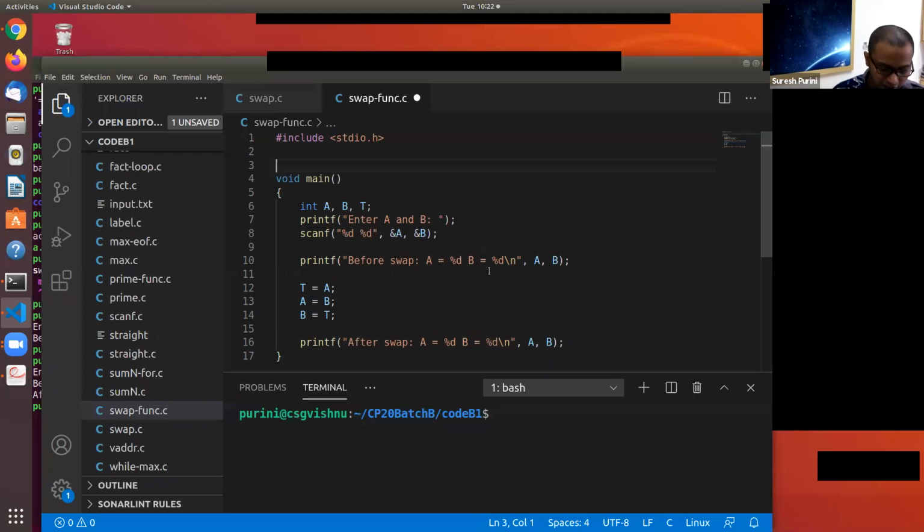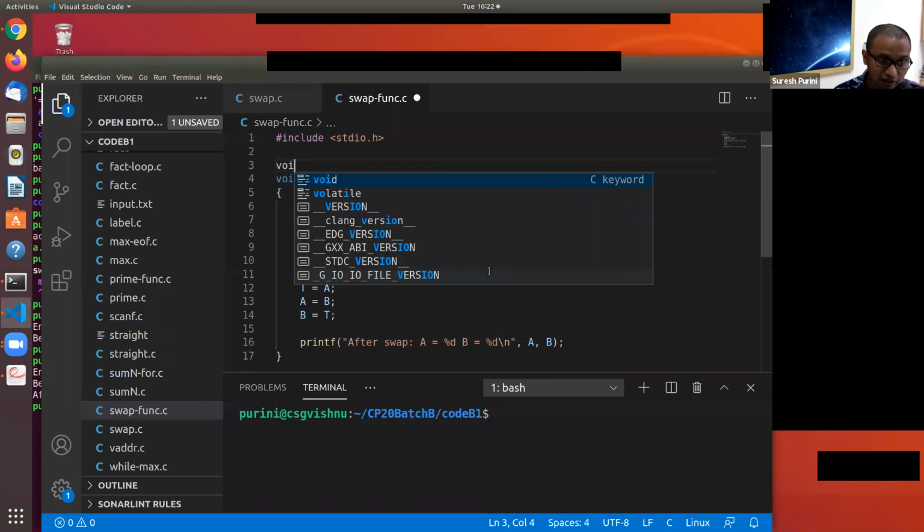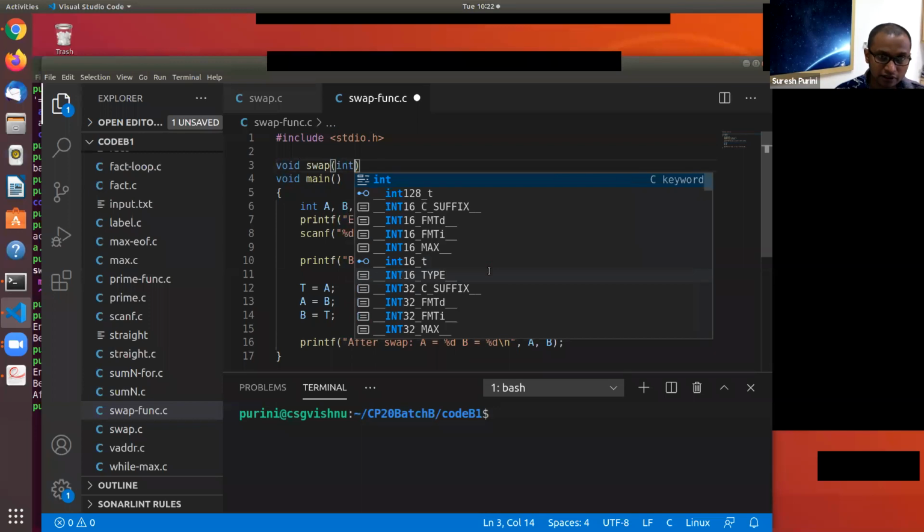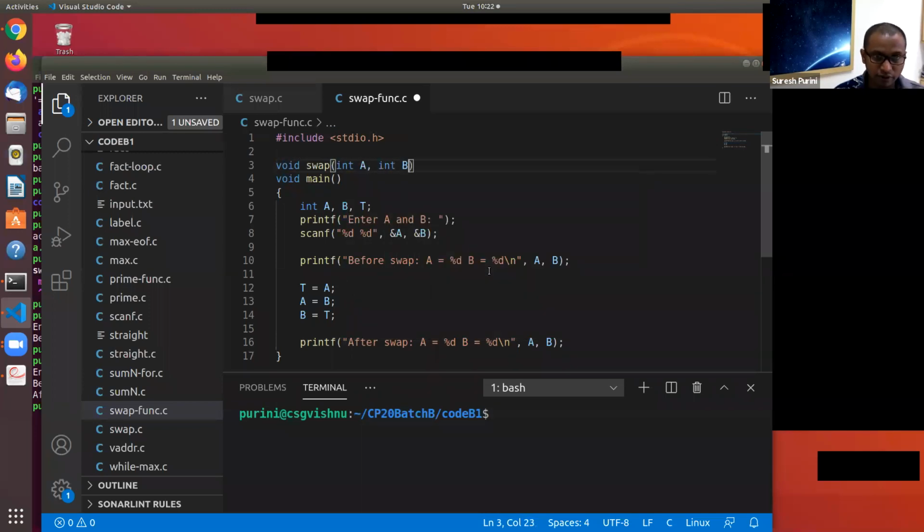So what do we do? Let's see. Swap doesn't return anything. It returns void, but it takes two parameters, int a and int b.